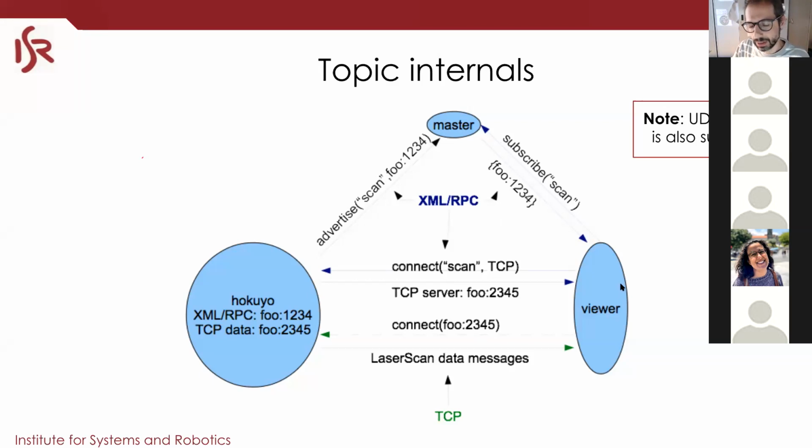So once the subscriber knows about foo 1234, of course, it will contact it. It will connect to foo 1234 and ask, "Master told me that you have scan, so where is the scan data?" So it will connect via TCP and ask where is scan. And the publisher will answer with, well, it's on this